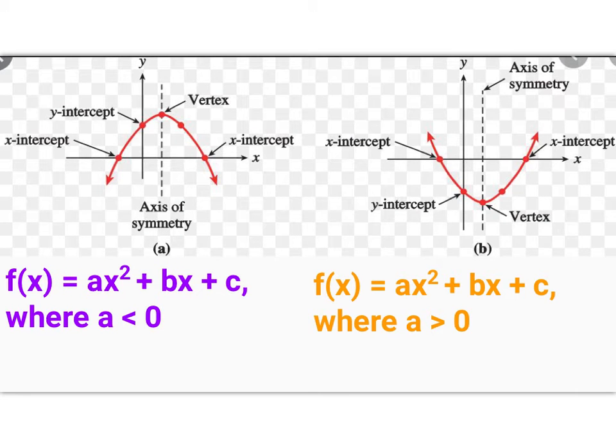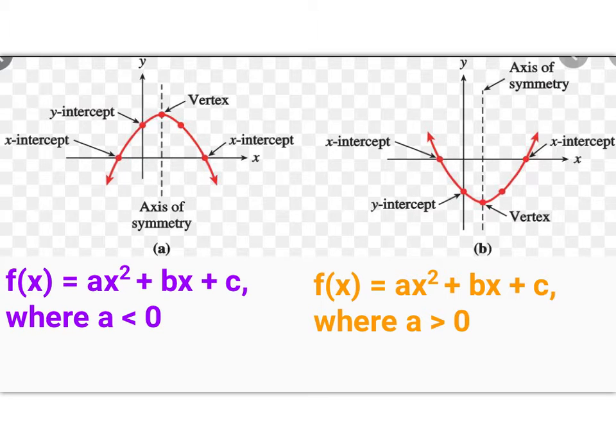But all we're going to talk about is the vertex, the axis of symmetry, maybe the intercepts at best. So a quadratic function or anything squared, y equals x squared, f of x equals x squared,